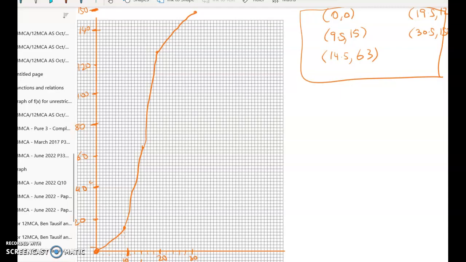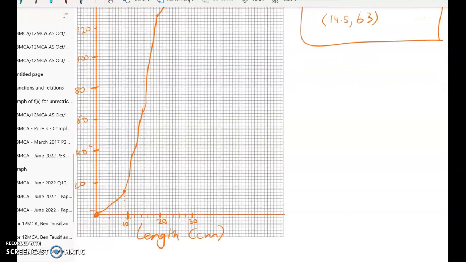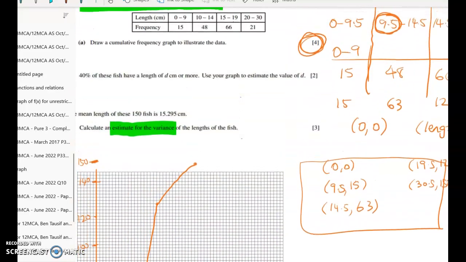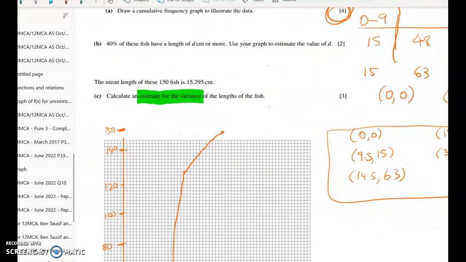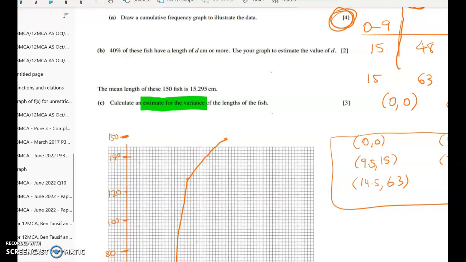Now you can see again, I've used the wrong scale, right? If I'd used the whole width, it just would have looked so much better. What do I have to do with it now that I've finally drawn it? Well, we have to go, 40% of these fish have a length of D centimeters or more. So use your graph to estimate the value of D. So 40% have a length of D or more. That means 60% below D. And that's what we want. And that's what the question is testing that we know. So 60%, 0.6 of my